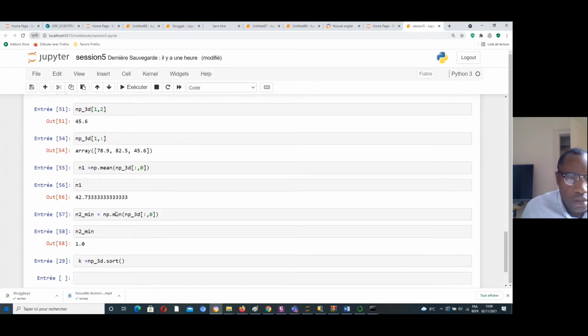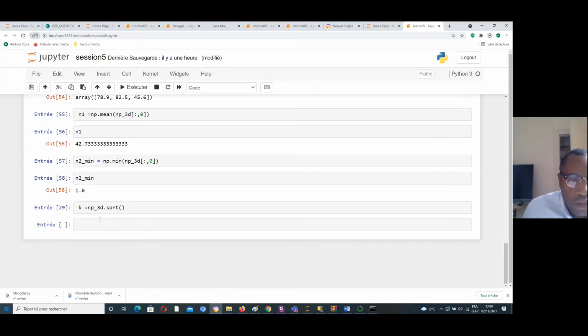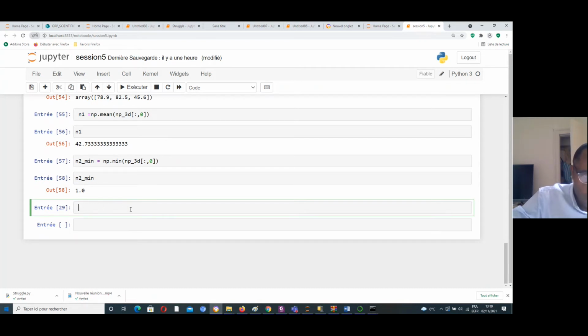I can also print the standard deviation. How to do that? If I want to print the standard deviation of this list, just use std.